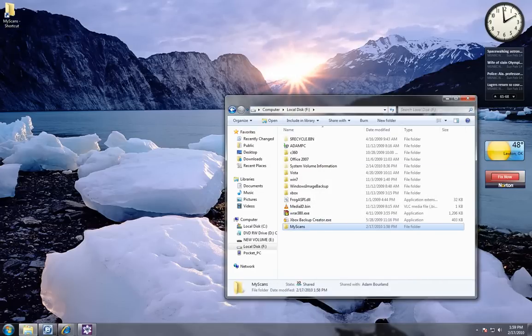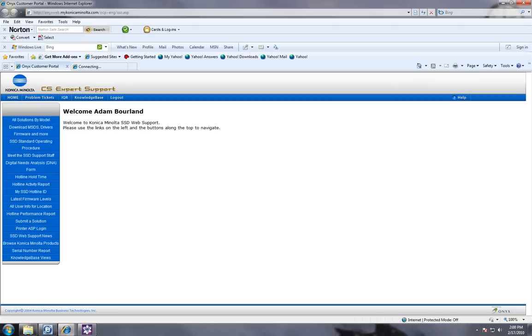Alright, now what we're going to do is go to the IP address of the copier, which is going to be something like 192.168, and I'm just going to do this in the address bar up here. If you do not have an address bar up there, you can bring up Internet Explorer or Firefox and get to the same area. Alright, now while that's coming up,